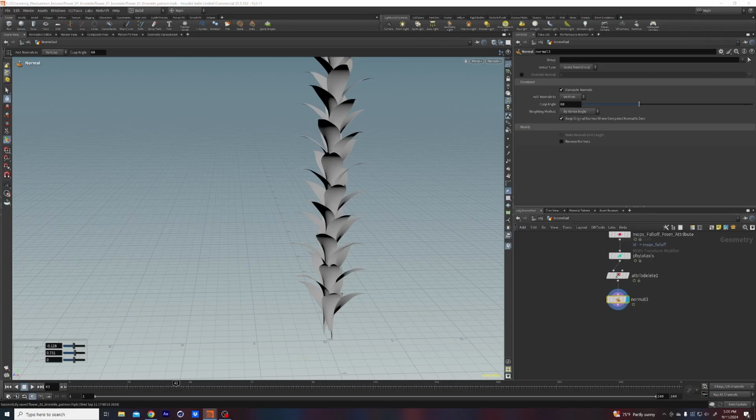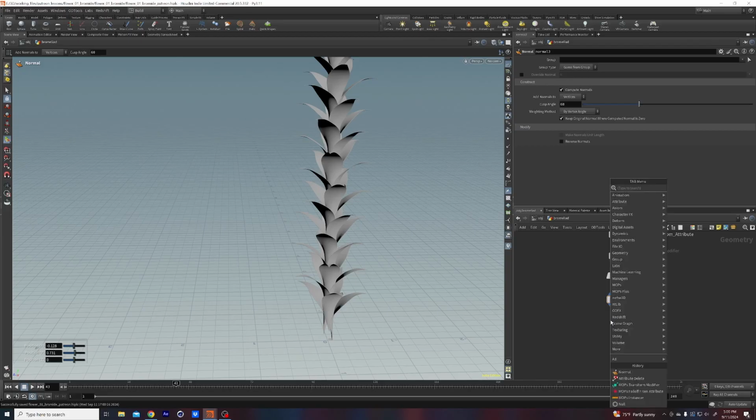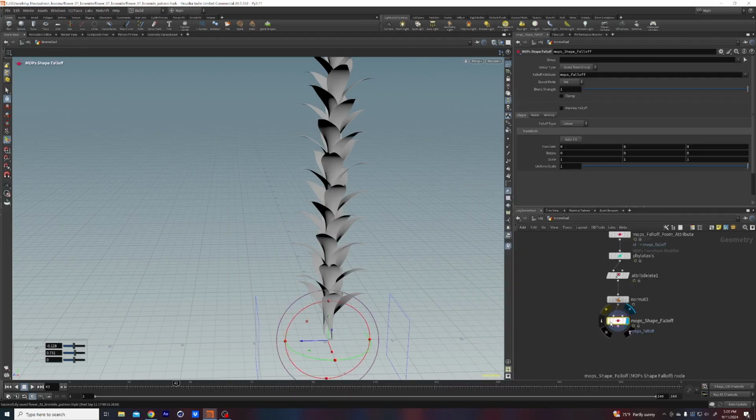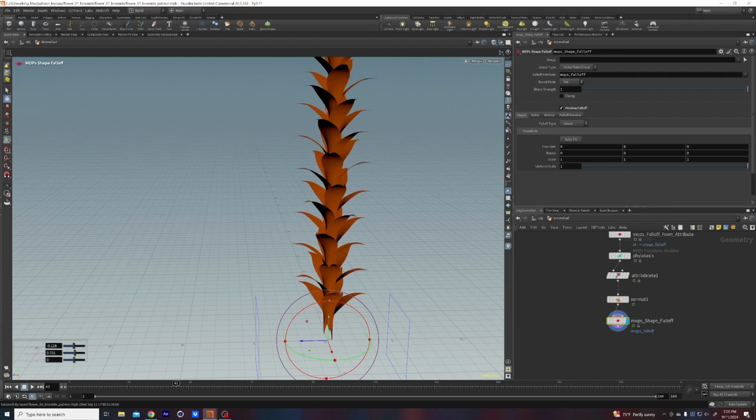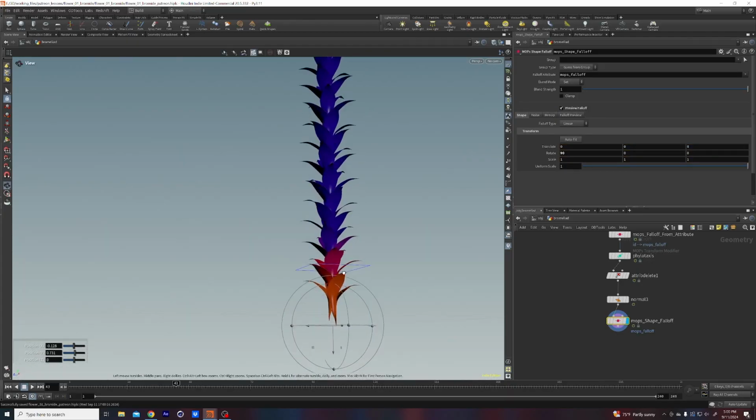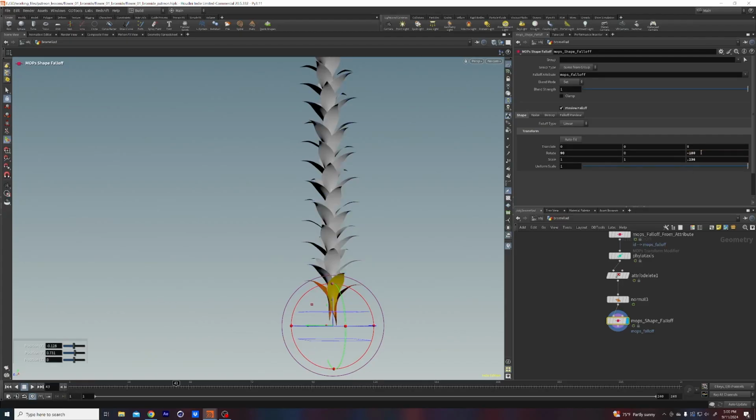And then I want to put down a mops shape fall off here. So mops shape fall off. This is what we're going to be using to animate the effect on and off. So we want to rotate it -90, and then let's make the scale here. Let's do like 0.236 and -180. Okay, and then let's animate this from,